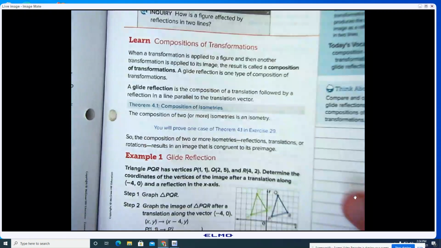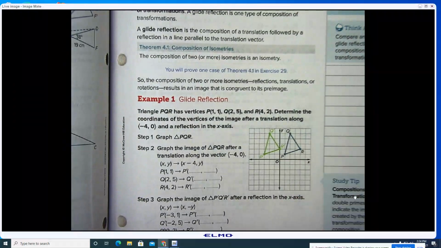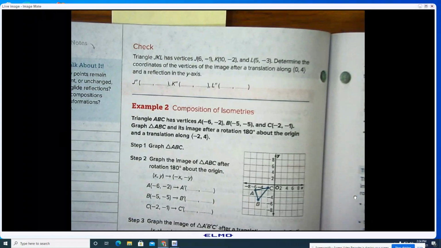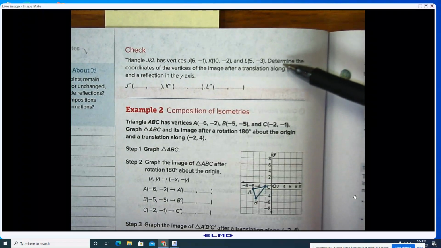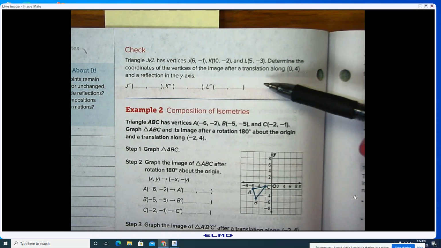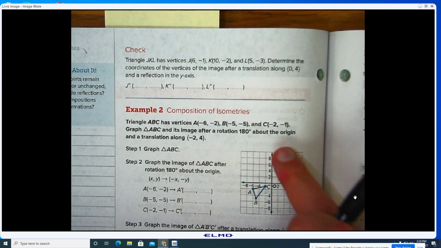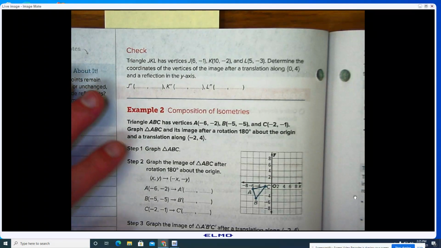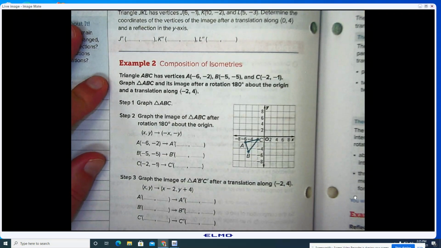As we continue through, all right, so there's our example number 1. We can go ahead and complete the last few if we need to, using the format we have already. We have our check, so we can decide if we want to do this one or not to check your understanding of the composition of isometries. So it's basically the same idea. We'll just follow the process and see where it lands and go from there. So